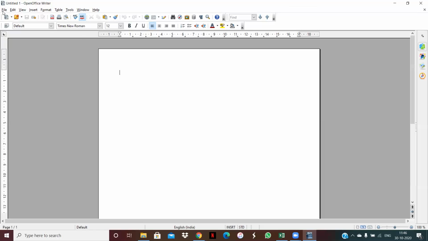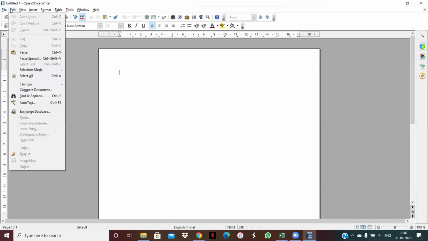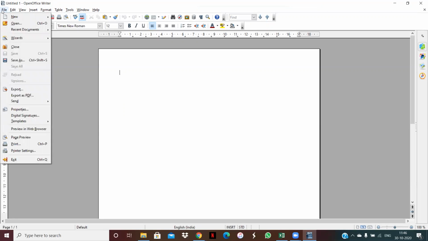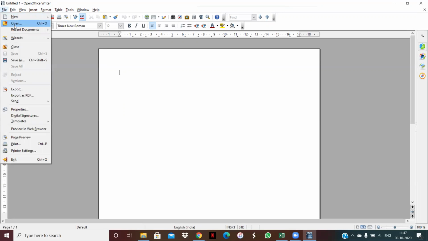Now we have to discuss all the points mentioned in your following tab. First one is here, the File tab, that we already discussed. In the File tab, what is there? If we want to open a new file, want to open another file that is already saved, want to open a recent document, want to close the file, want to save, this kind of operations take place in the File menu.